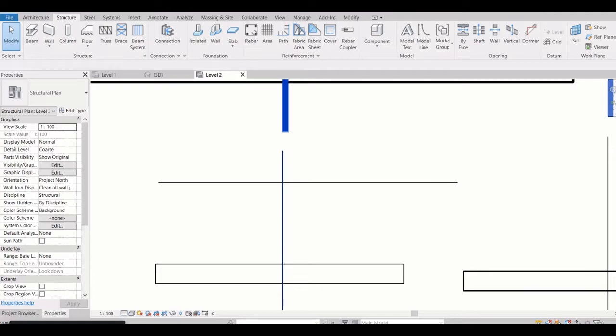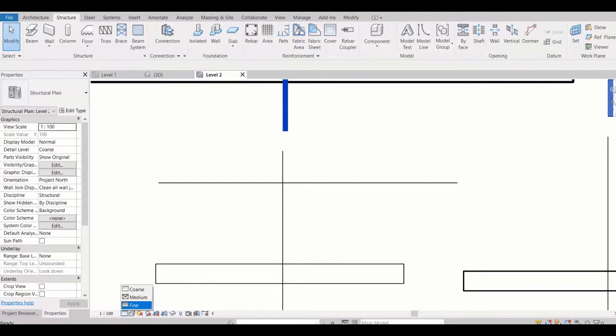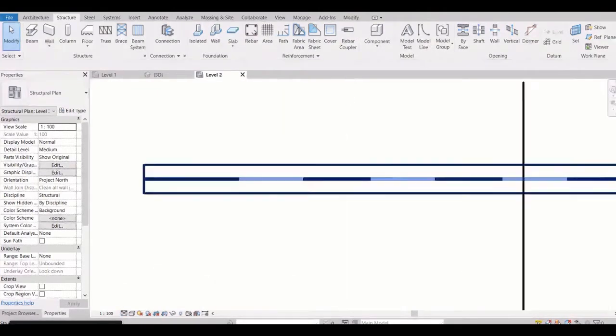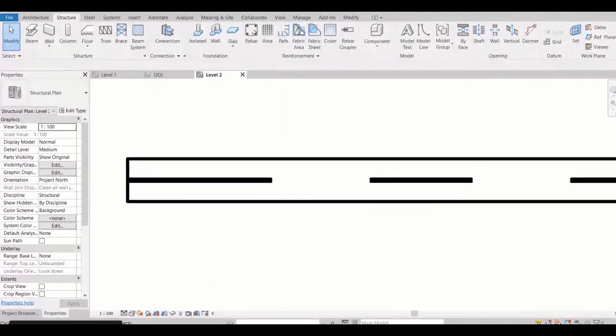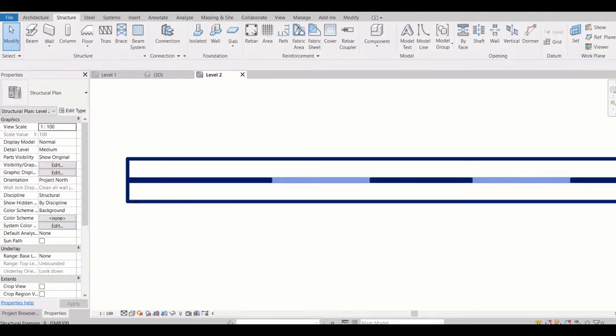Right. In coarse you can see only a single line, but it's a beam ISMB 300, and it shows just a line. If I change it to medium, it will show web lines, right? And this is thin line and thick line.